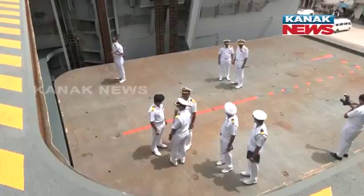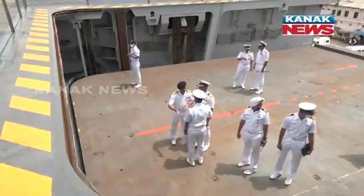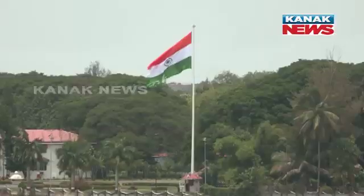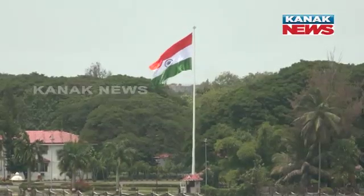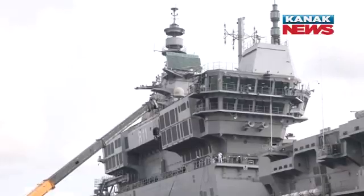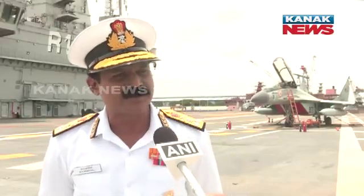I would say that a carrier battle group, that is the escort of a carrier, along with the carrier, centered on INS Vikrant, will provide the Indian Navy extreme flexibility, sustenance and reach for the accomplishment of missions in the Indian Ocean region with persistence and presence. Definitely it's a big shot in the arm. And I would also like to add that it will give us the impetus to further the Honorable Prime Minister's vision of SAGAR, that is security and growth for all in the region, and would also give us the impetus